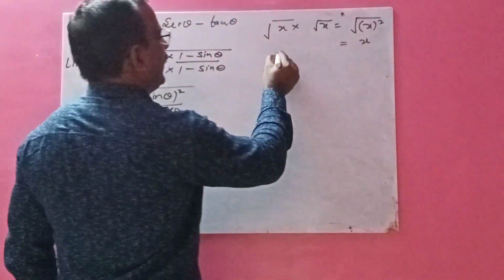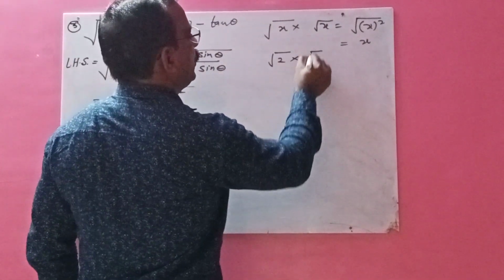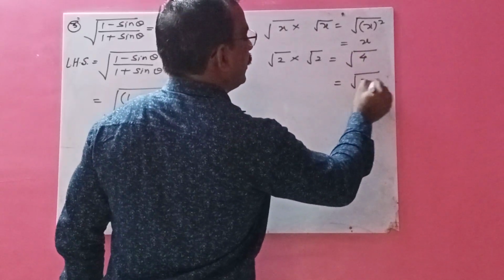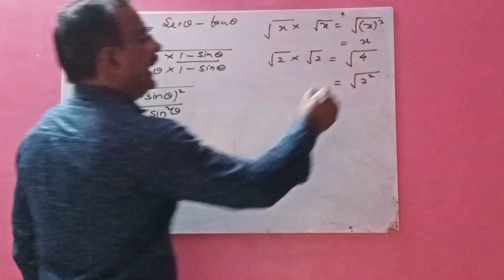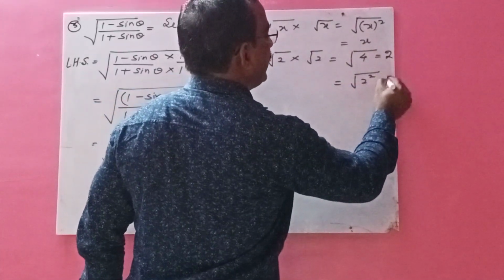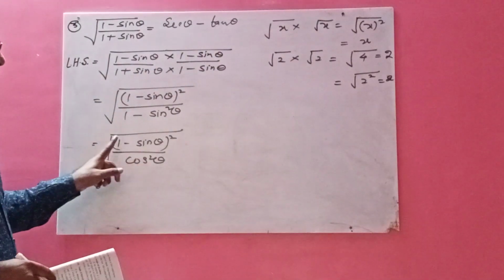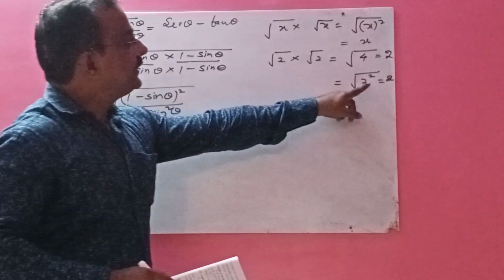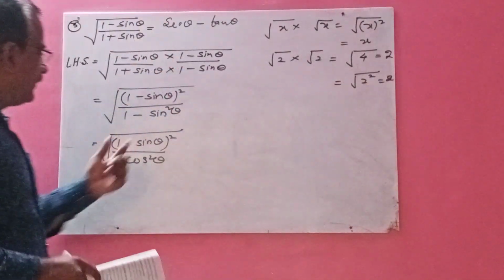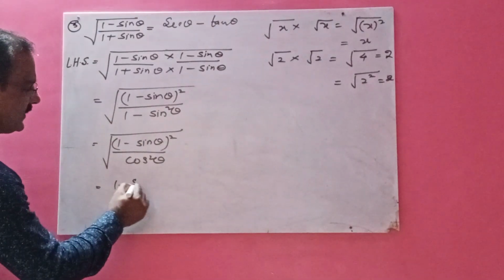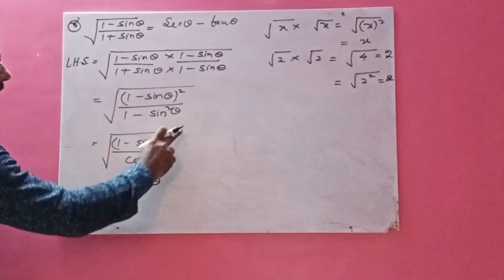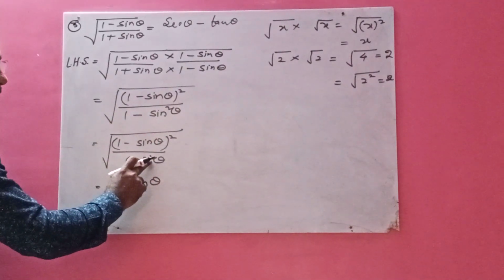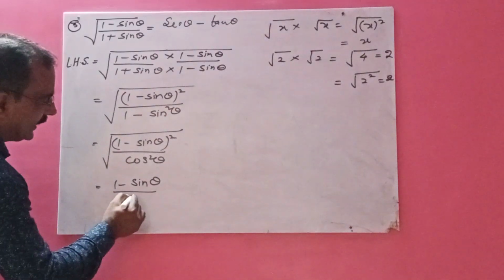Now children, root of x square is equal to x. I will give you one more idea. See here, root 2 into root 2 is equal to either you say root 4 or you say 2 square root. What will be the answer of this? It is 2. Here also it is 2. Same thing in this case: 1 minus sine theta whole square. Like here it is square. So you got 2. Same thing in this case, you will get 1 minus sine theta. This square and square root of the numerator get cancelled. And cos square theta, again square is here, it is present in the root sign. So you will get here cos theta.